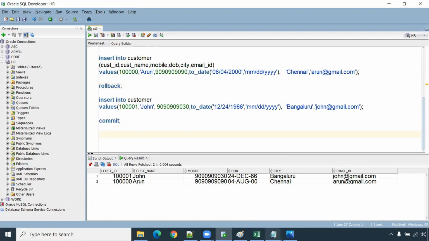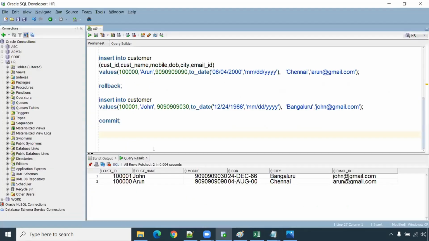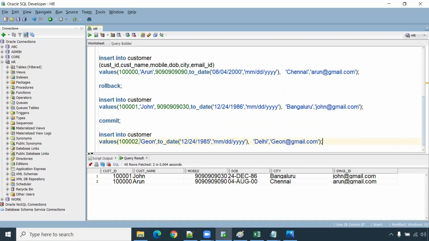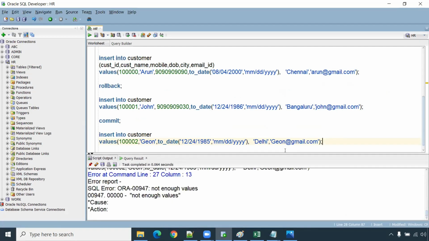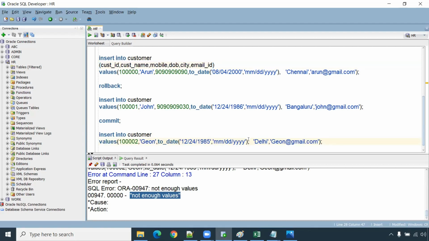So this is what we'll go for, the commit and rollback. And we can have other columns also. Say for example, I want to insert one more record. I'm trying to insert, but here I may get an error, not enough values. Why? Because in the table we have 6 columns, but I'm mentioning only 5 columns. Since I do not have the mobile number for this customer as of now, I do not want to insert it. What I have to do, either for the mobile number column you can mention null,